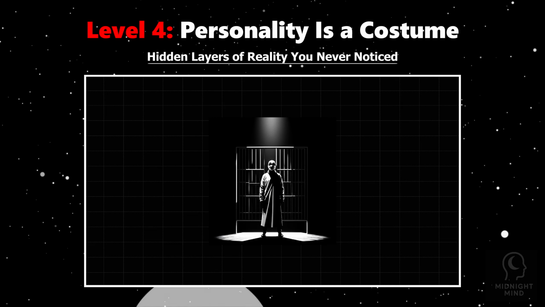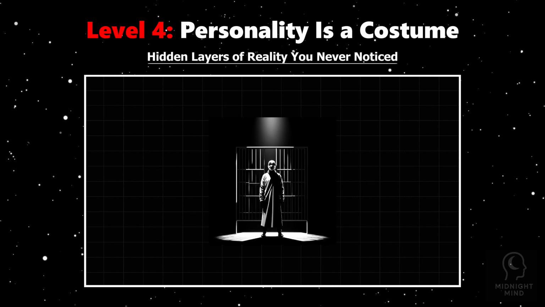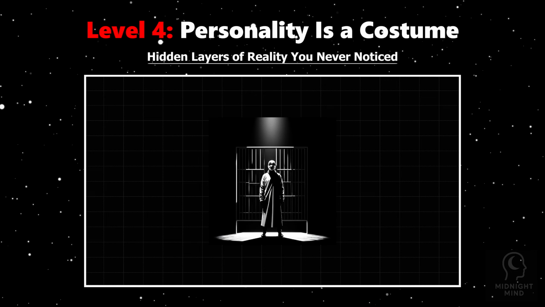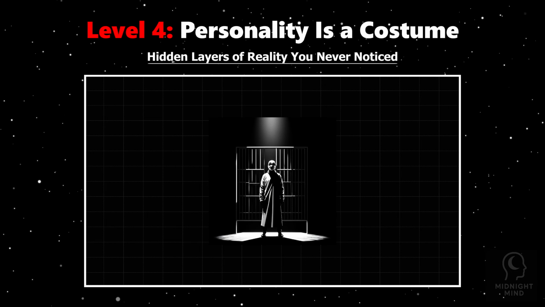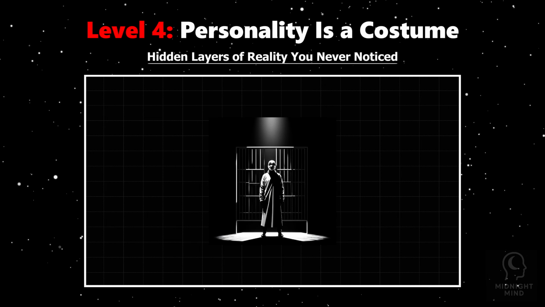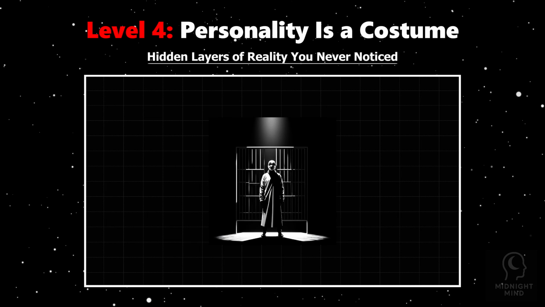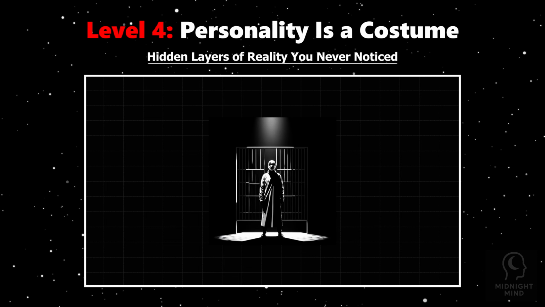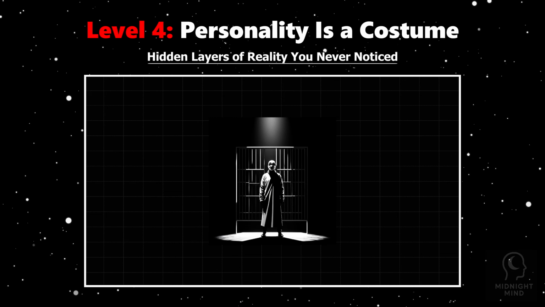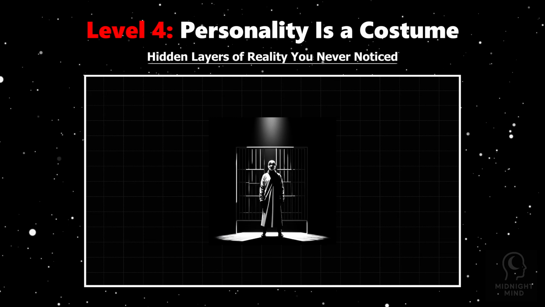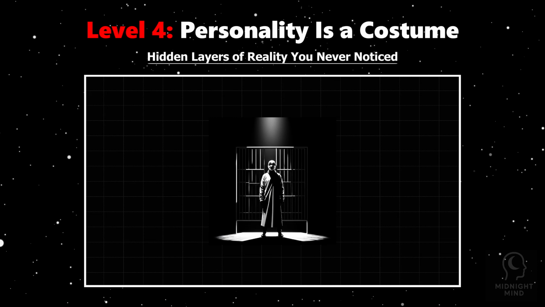This dissonance can cause a sense of alienation, where who you truly are feels distant from the personality you display. Even brain imaging shows different neural networks activate when we behave authentically versus when we perform socially. Your personality isn't a fixed truth, but a living costume, crafted to navigate the complex social world. Recognizing this can be liberating, because beneath the mask, your true self quietly watches, waiting to emerge beyond the roles imposed by memory and mimicry.